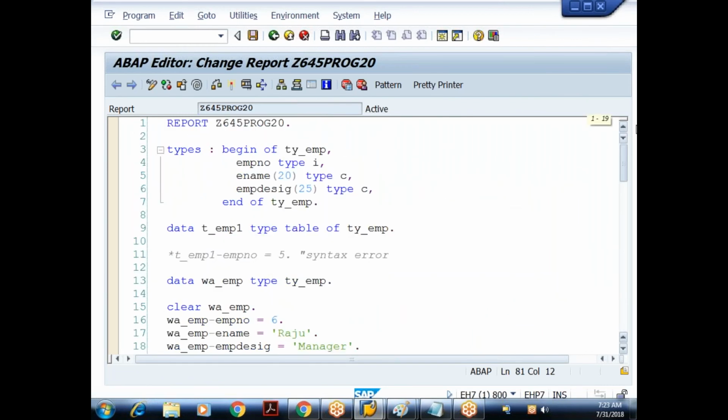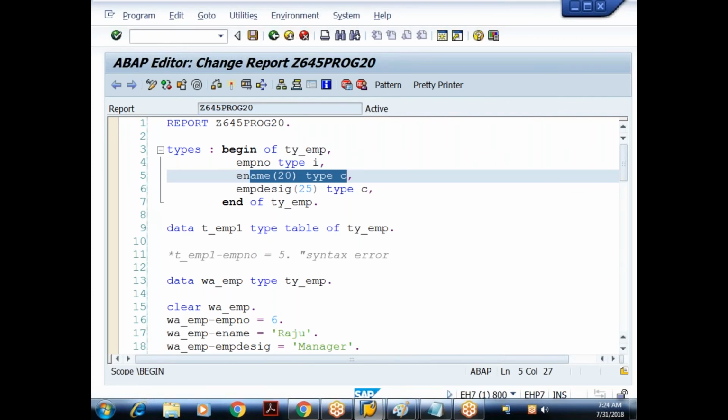So what is the next priority? It will sort on the first character field, which here is employee name. Assume that my internal table doesn't have any character fields and all are numeric fields.